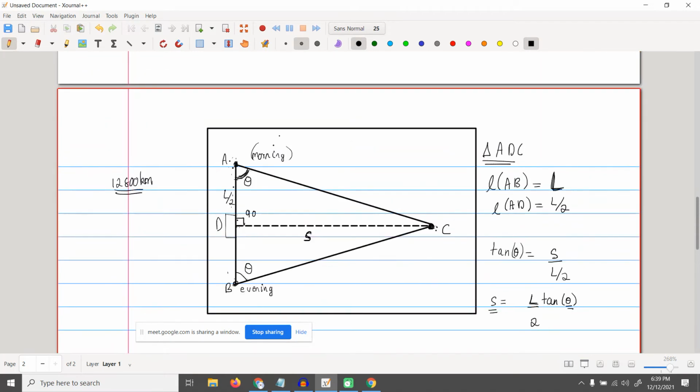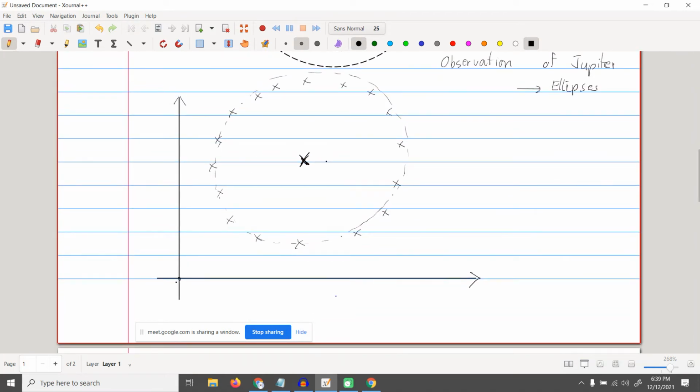Which means in your graph over here, let's say we have plotted the Sun over here, we know where Earth is, and you know from Earth where Jupiter is, so we can tell, okay, this is the Sun, Jupiter will be over here. Make a measurement after a few more months, Jupiter will be over here. Going forward, so forth and so on, you will notice that this line that Jupiter traces is not a circle. It's very close to a circle, but it won't be a circle. It's going to be an ellipse.